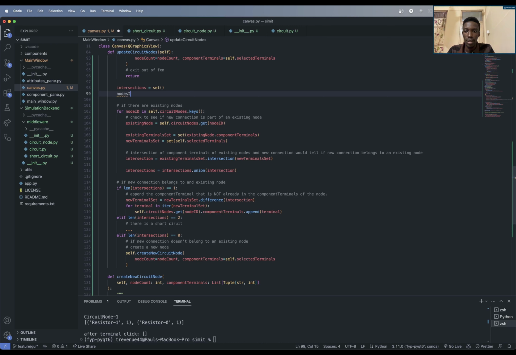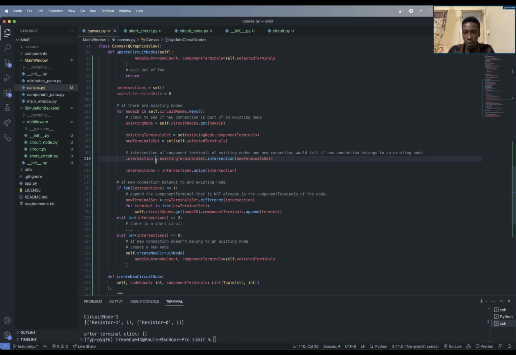So nodes intersected with. Initially, I'm going to start that with 0, and whenever there is an intersection,